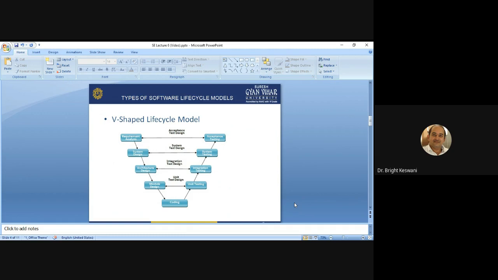So when you check the requirement properly, when you check the feasibility study of the requirement properly, then you can reduce the cost, you can reduce the errors.